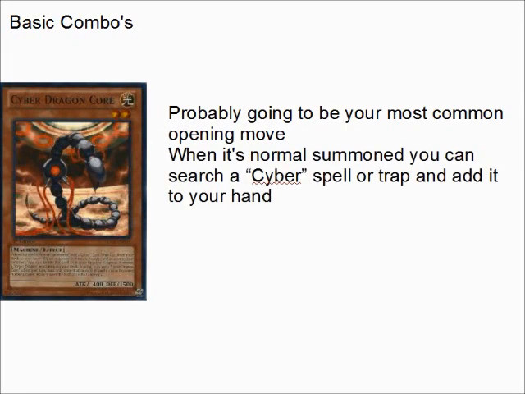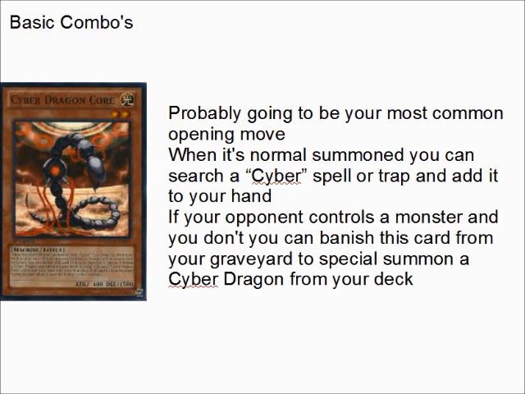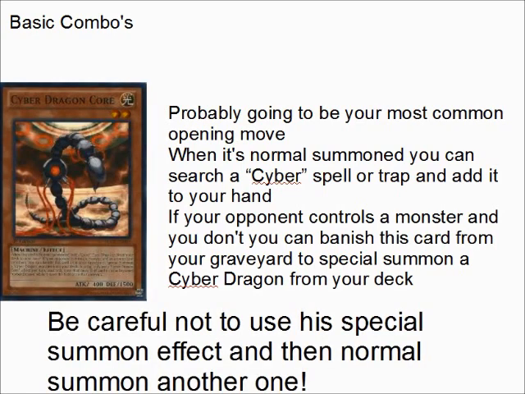When it's normal summoned, you can search for a Cyber Spell or Trap and add it to your hand. If your opponent controls a monster or you don't control any monsters, you can banish this card from your graveyard to special summon a Cyber Dragon from your deck. Be careful not to use a special summon effect and then normal summon another one. For example, if you banish him from your graveyard to special summon Cyber Dragon, and then normal summon a second Core, you won't be able to search because you've already used one of Core's effects